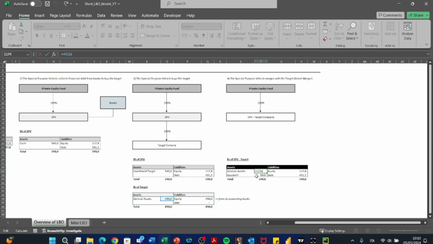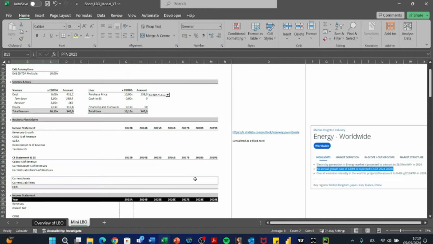And we're going to add on the asset side the assets from the target, and the goodwill will be equal to the difference between our investment, the price the SPV paid for buying the target, and the equity book value in the target. You can see our assets and liabilities perfectly balanced. Okay, so